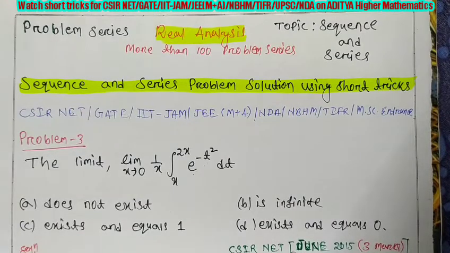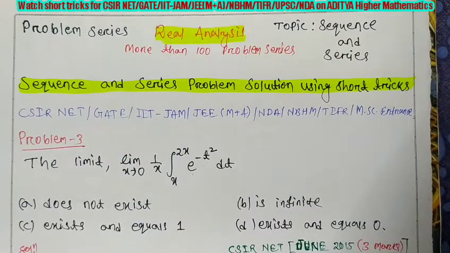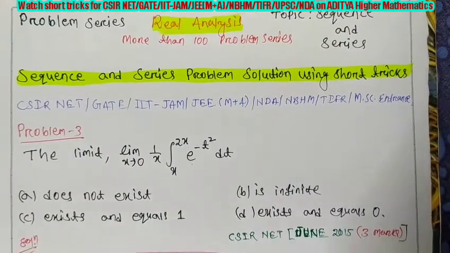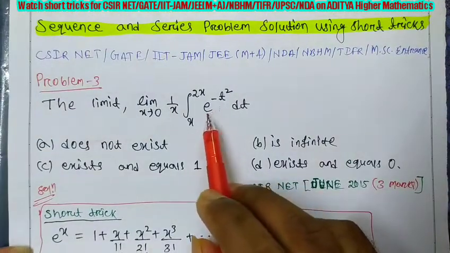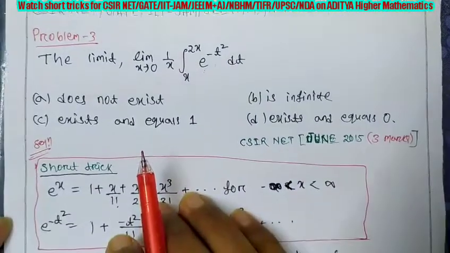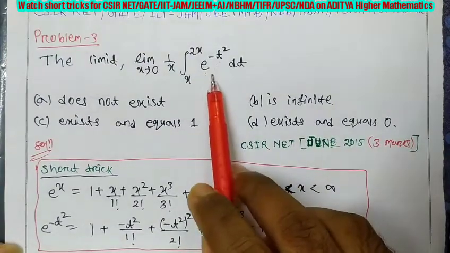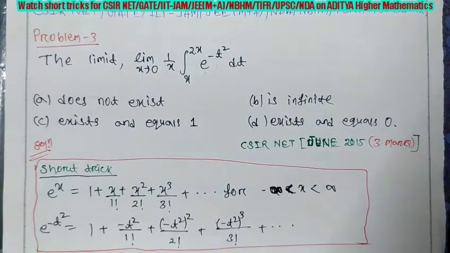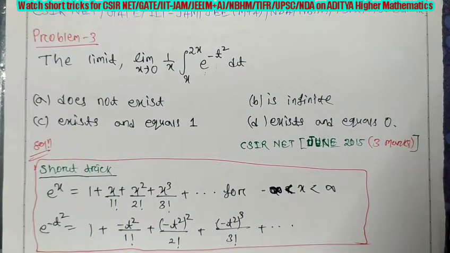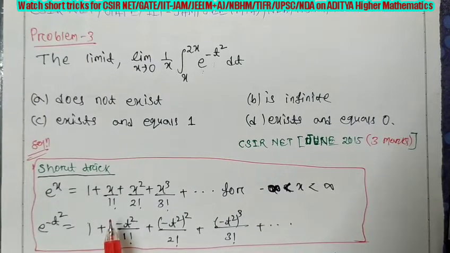But in this combo pack question of limit and integration, the series short tricks will play the main role. And which type of series tricks I will use, now I am going to discuss. Actually, in this question you can see the function given is an exponential function. So here I will use the exponential function series, then easily we can integrate this. Because there is no standard formula to integrate e to the power minus t square. If it is e to the power minus t, then we can integrate using the formula. But for e to the minus t square, there is no integration formula, so we are taking the help of series. And what is the e to the x series?